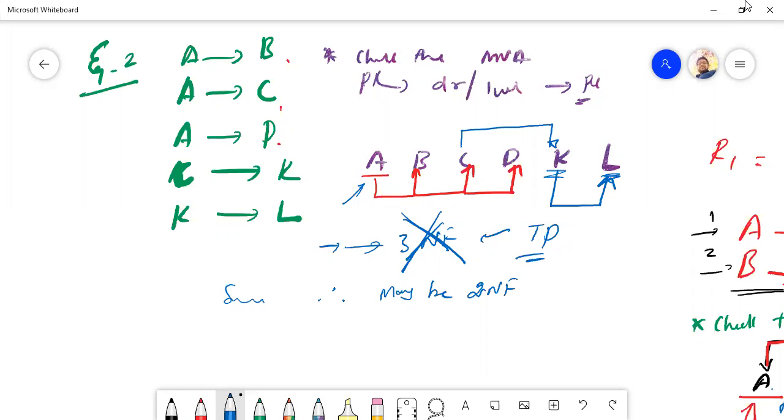Now step by step we'll see. You can see B, C, D are directly, functionally depending on A. Now K is depending on C, which means K is indirectly depending on the primary key. L is depending on K, so L is indirectly depending on A. Now you can see all the